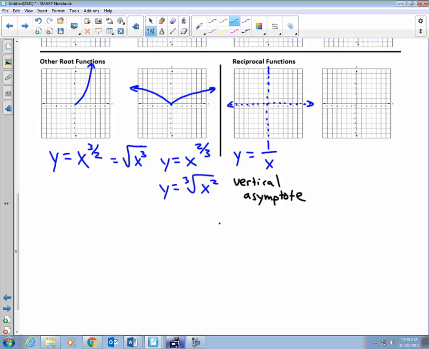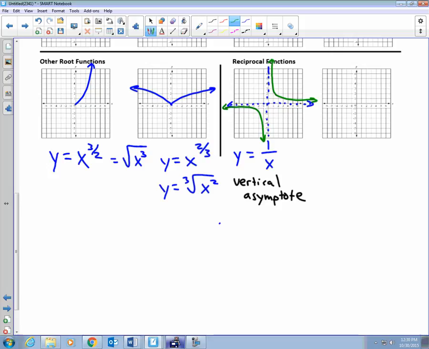And if I plug in a negative, 1 over a negative, will that be negative or positive? Negative. So on the negative side, it is below the x-axis. And on the positive side, it is above the x-axis. And so that's the shape that we get. That's a reciprocal function. It's a parent function where a lot of them